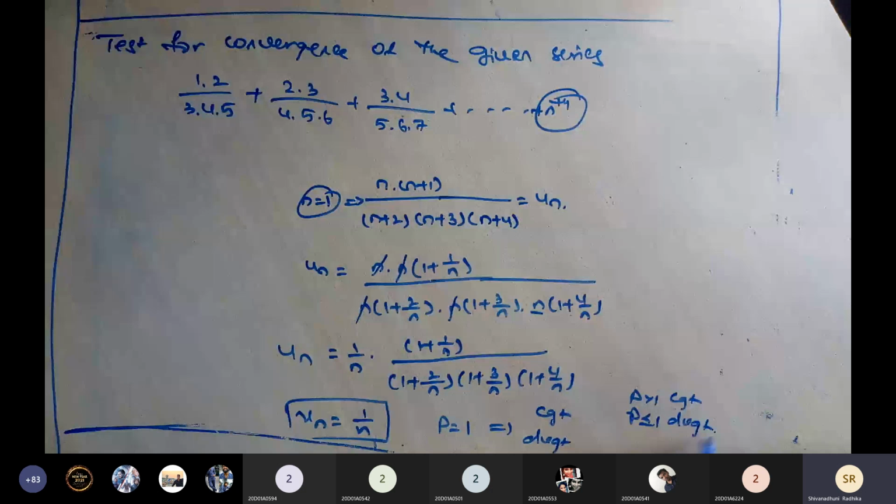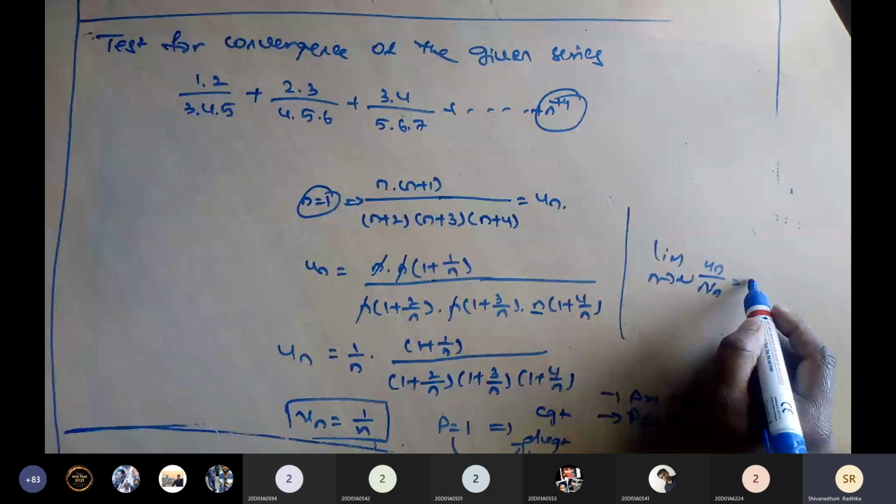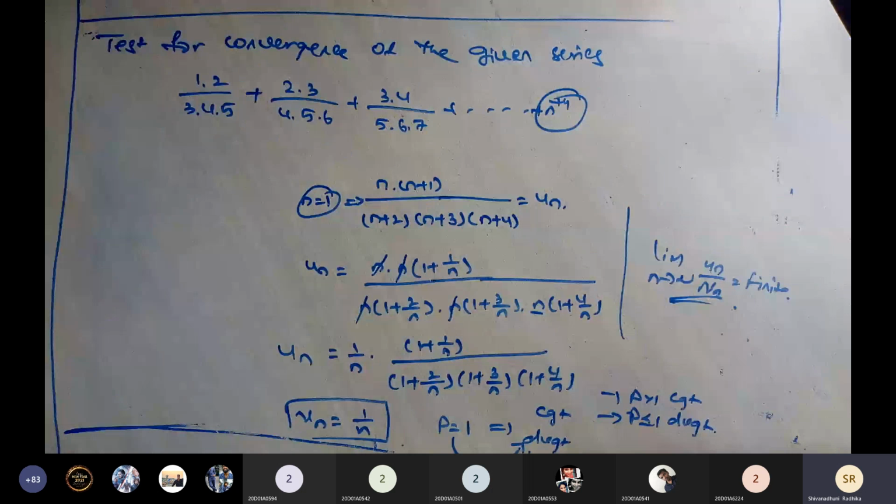Again, you need to find the limit as n tends to infinity of Un by Vn, that equals a finite value. You need to show this. This is homework for you. This is a hint. Almost all the problem is completed, you just have to show this is a finite value. Is it clear? Take a pic. Any more doubts in the comparison test and P series? Any doubts, ma'am?